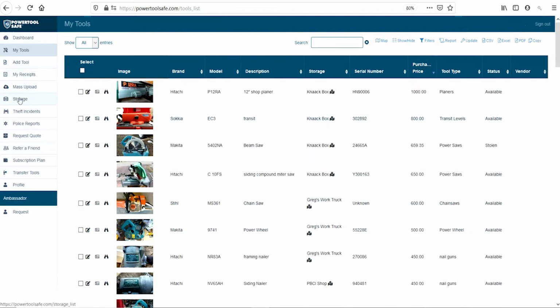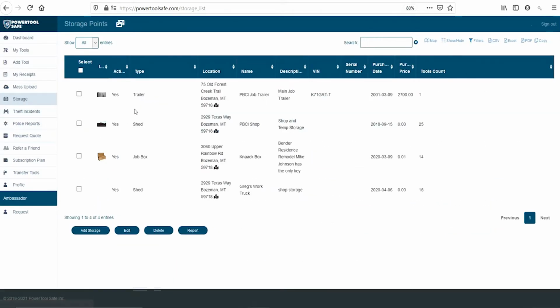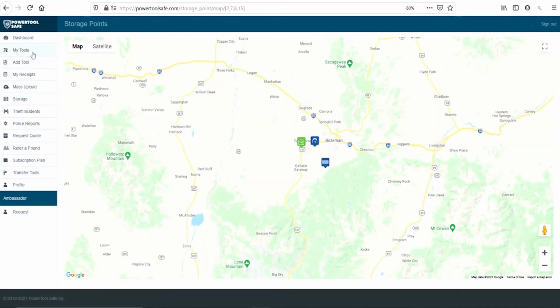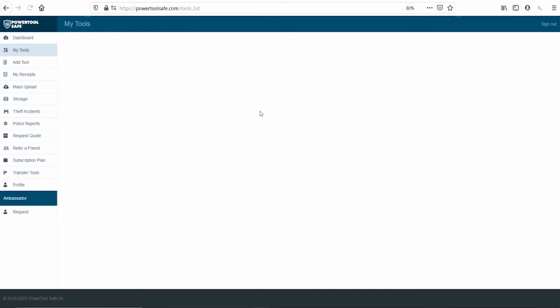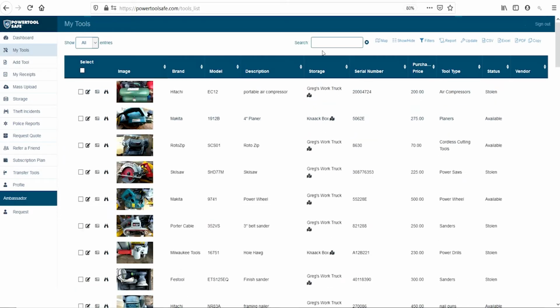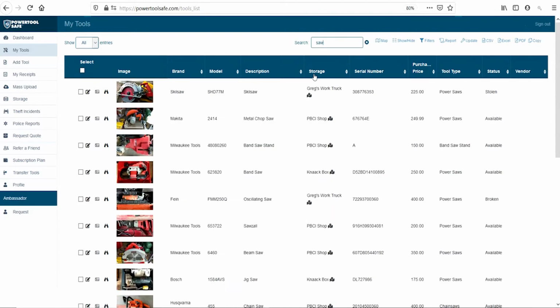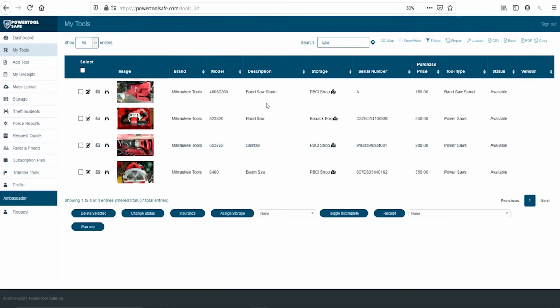If you upgrade to the Pro version, you gain the added ability to create and assign tools to storage points. If you want to see a list of all the saws you own, type in saws in the search field. If you are looking for a specific Milwaukee saw in a work truck, double-click on Milwaukee, then double-click on the